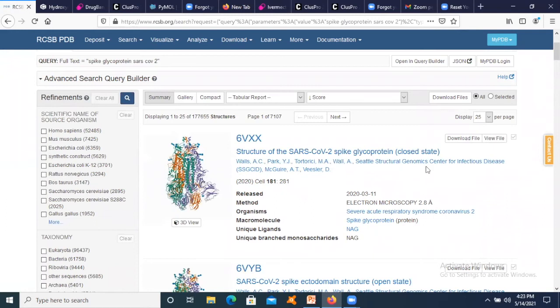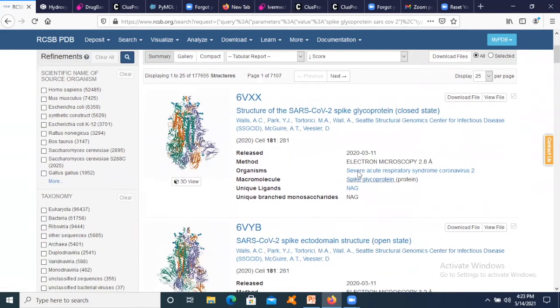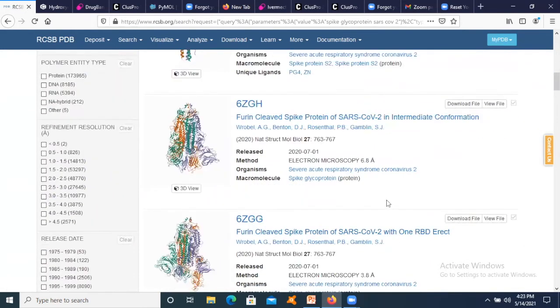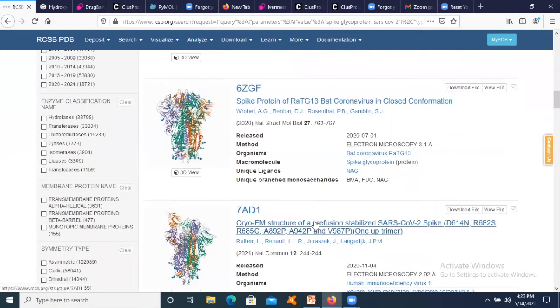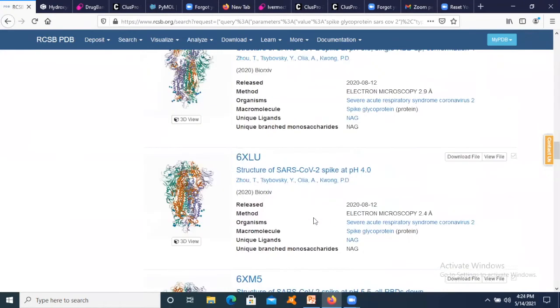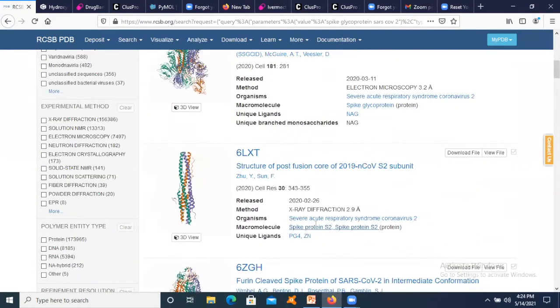This is one structure which is in a closed state, and this structure has been determined using electron microscopy. This particular structure was also determined using electron microscopy. Then let us find one which is determined using X-ray crystallography. Yes, this one, 6LXT. It is determined by X-ray diffraction, X-ray crystallography.